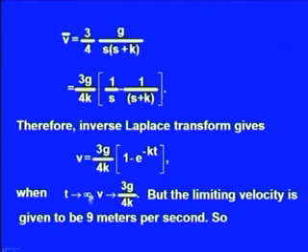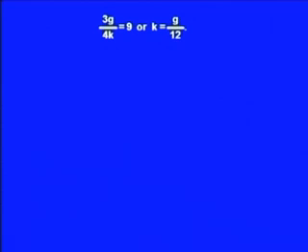Now, when t tends to infinity, e to the power minus k t will go to 0. So, b will tend to 3g by 4k. The limiting velocity of the body is therefore 3g by 4k, but we are given that the limiting velocity is 9 meters per second. Thus we have 3g by 4k equal to 9, or k equal to g by 12,